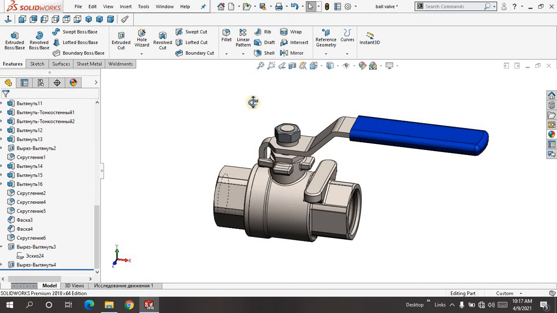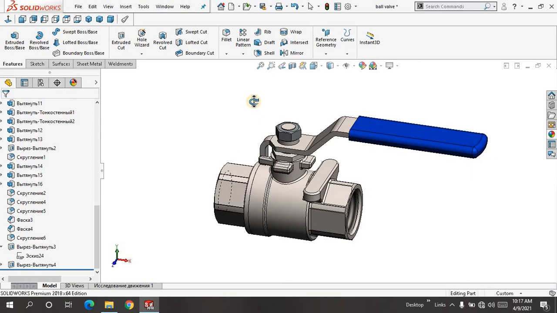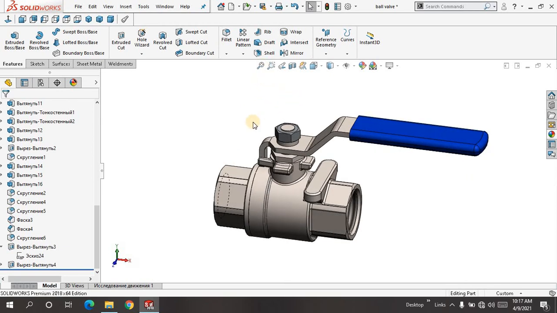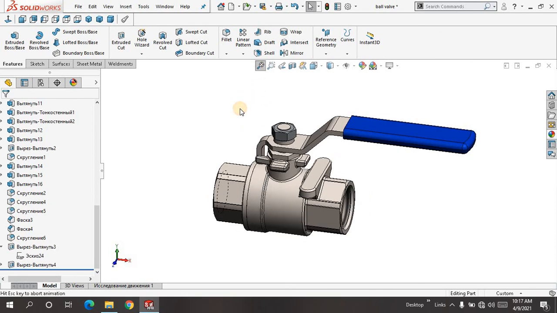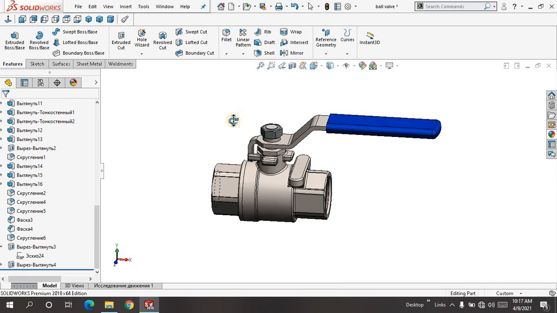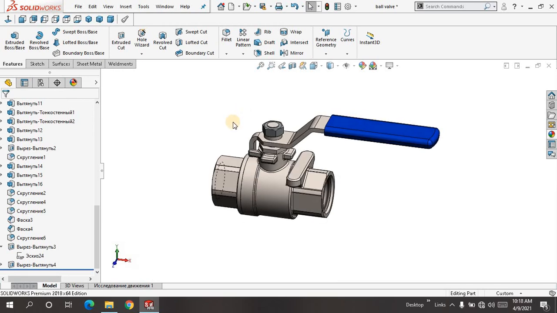Okay, so this is something I made for you people to familiarize you with different kinds of features that you have done well. So hopefully you enjoyed this tutorial, and remember one thing,